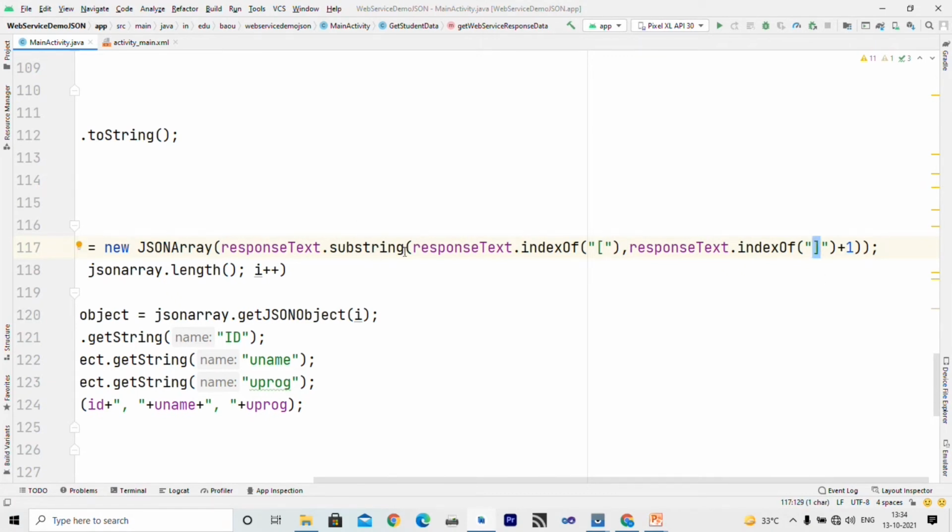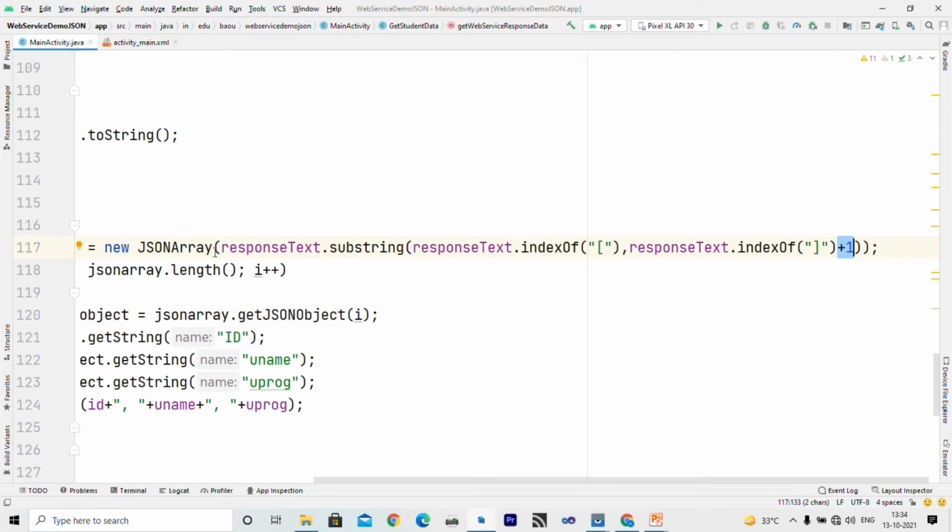For the substring method, we specify the first index, so it starts from the square bracket. So I write responseText.indexOf of the opening square bracket, and then responseText.indexOf of the end character, that is the closing square bracket, and here I write plus one because the index starts from 0.